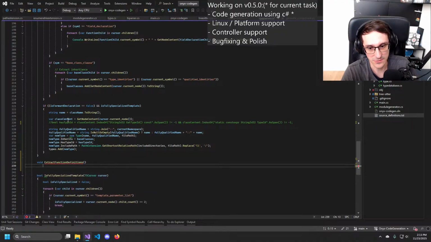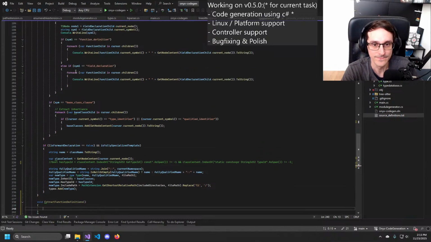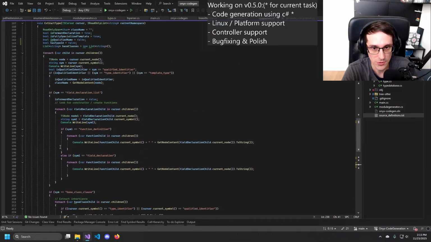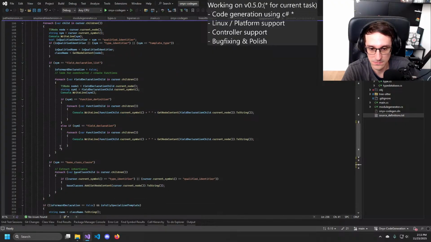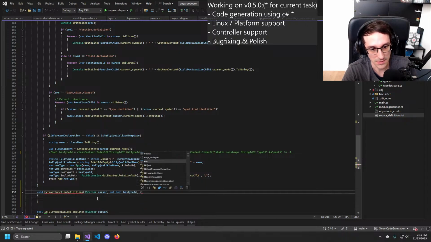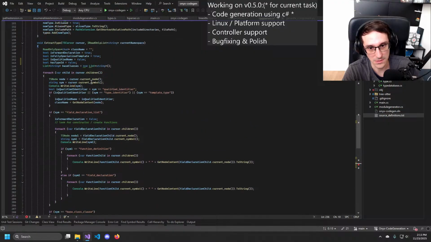Let's do extract function definitions. Why not? How do we want to do that? Yeah, we probably give it the cursor, and then we most likely have an out bool as type ID, and then a list